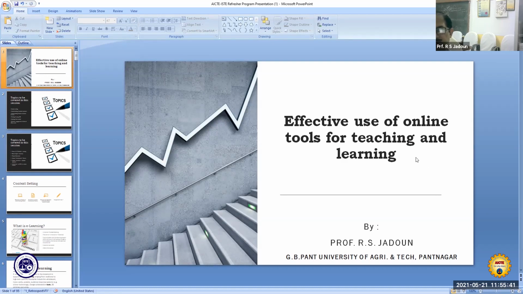So in this session, we'll be focusing on different online tools which are being used or may be used for teaching and learning purposes, and how we can make them more effective.